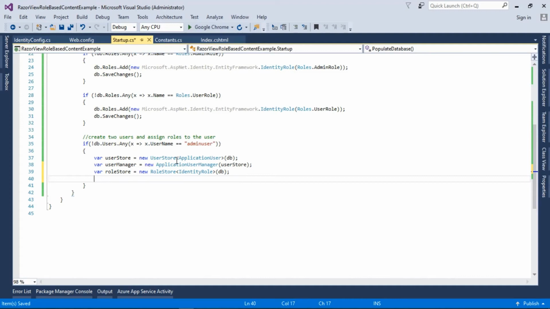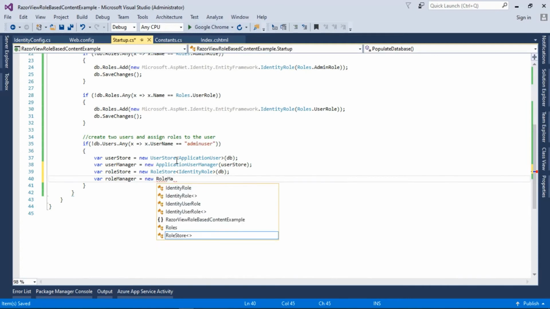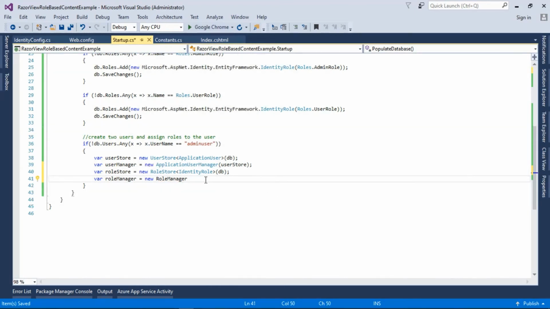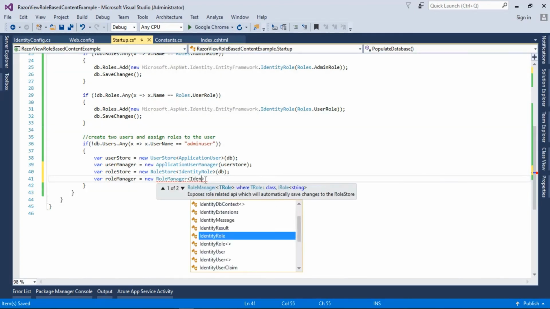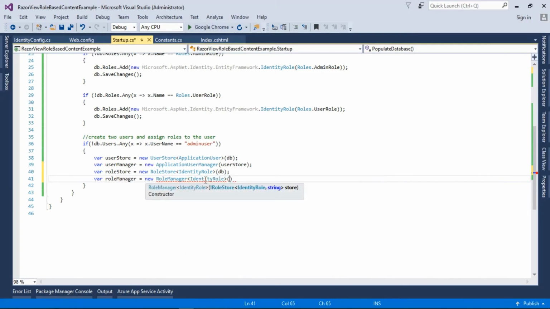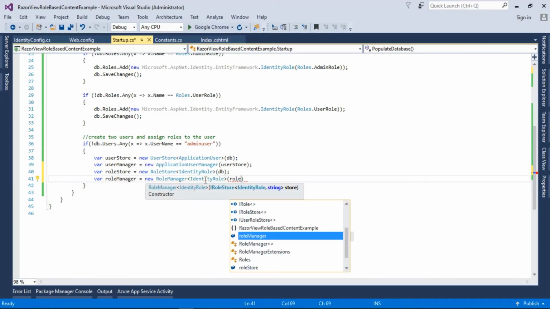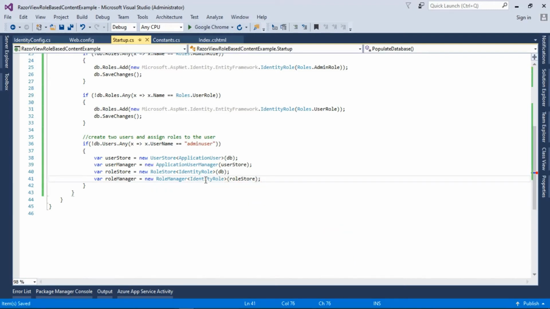And similarly we want to add the role manager as well. So I will type role manager and will add new role manager. Let's add this namespace as well using Microsoft .NET Identity, and will also provide the identity role here, and will pass the role store to this role manager as well. So I will select the role store. So here is the settings has been done to create a role and